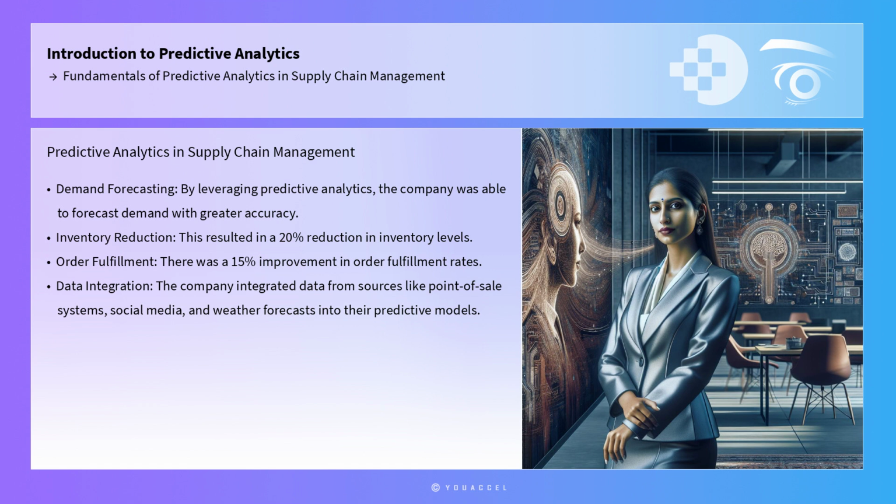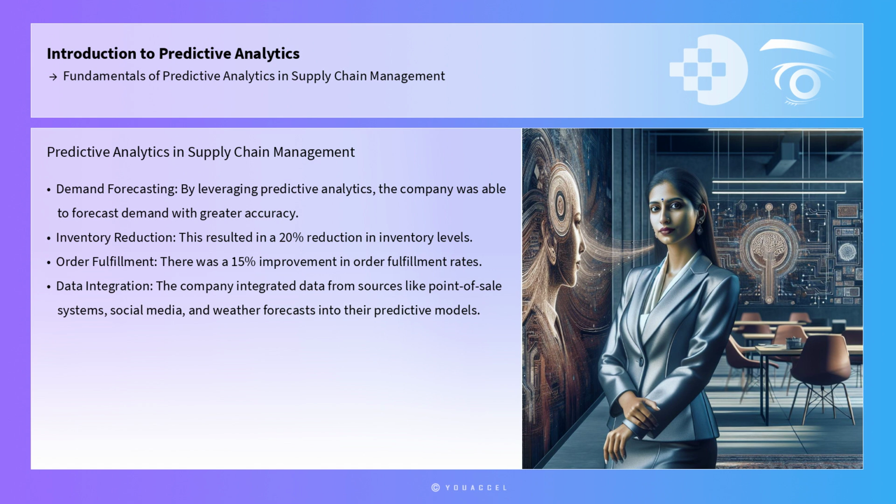A practical case study that illustrates the effectiveness of predictive analytics in supply chain management is the implementation by a leading global beverage company. By leveraging predictive analytics, the company was able to forecast demand with greater accuracy, resulting in a 20% reduction in inventory levels and a 15% improvement in order fulfillment rates. The company achieved these results by integrating data from various sources, including point-of-sale systems, social media, and weather forecasts, into their predictive models. This holistic approach enabled them to anticipate demand spikes and adjust production schedules proactively, thereby optimizing their